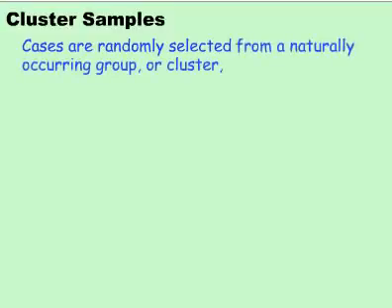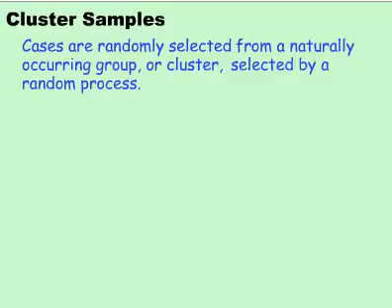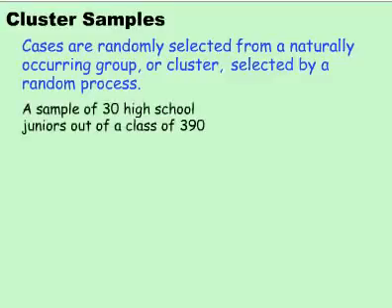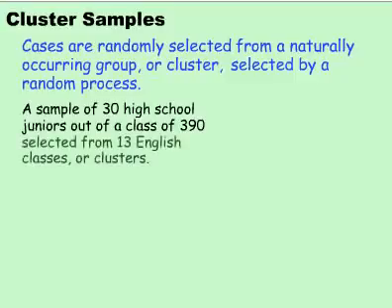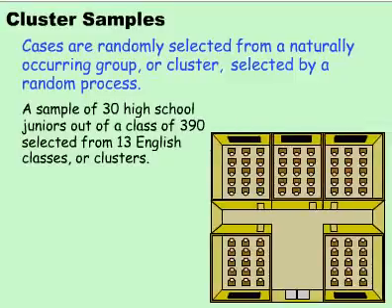Cluster samples involve a two-stage sampling procedure. Cases are randomly selected to be interviewed from a naturally occurring group or cluster that was also selected by a random process. Say we want a sample of 30 high school juniors out of a class of 390. The juniors are divided more or less equally between 13 English classes, or clusters. A cluster sample would randomly select some of the clusters, maybe 5 English classes, and then randomly select some individuals